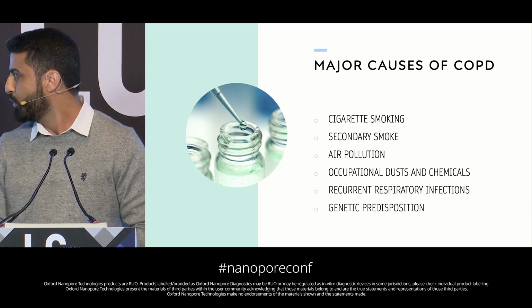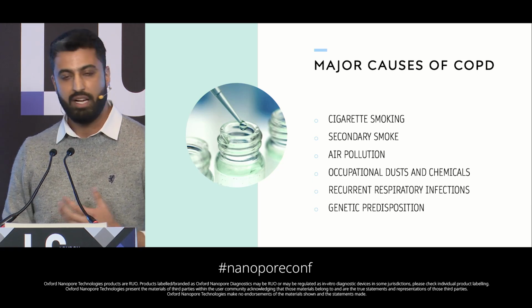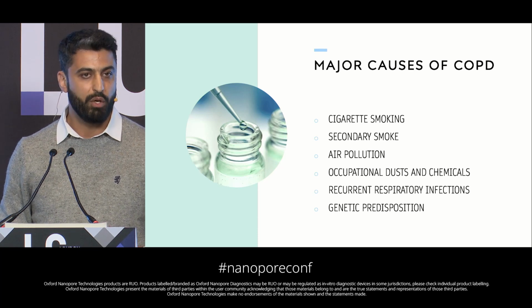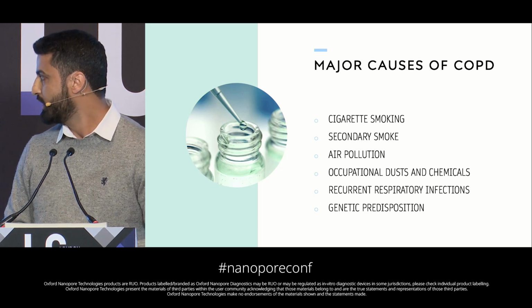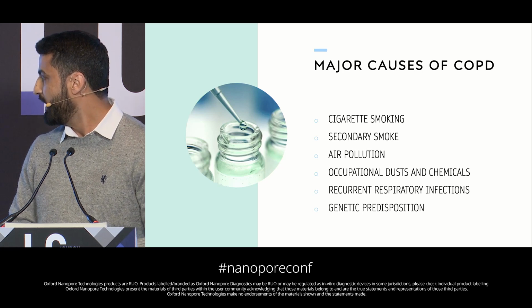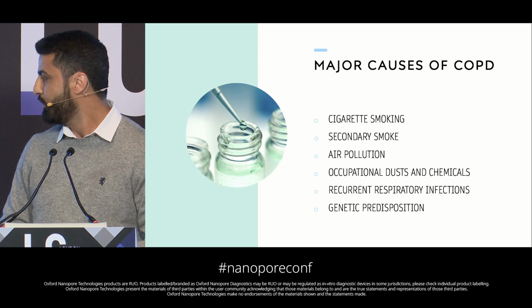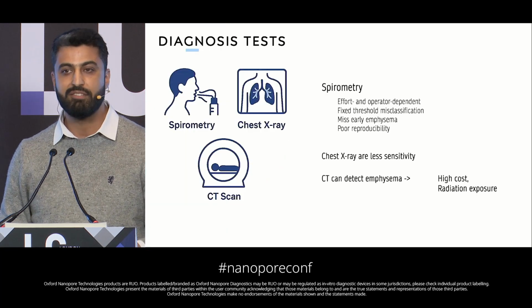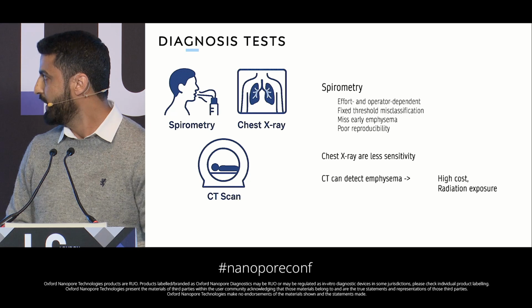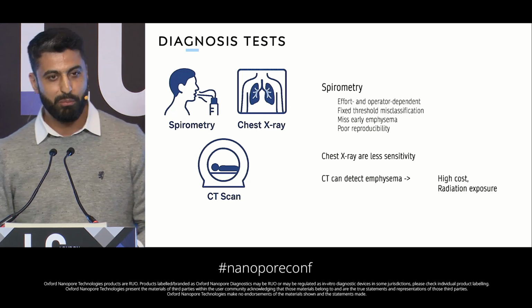What are the major causes of COPD? Cigarette smoking, obviously, is the number one reason. Apart from that, secondhand smoke, smoke from biomass burning and industries, and air pollution are secondary causes. Another is genetic predisposition. A few people are genetically determined to have COPD, but that's very uncommon and rare. Now that we know what COPD is and what its causes are,